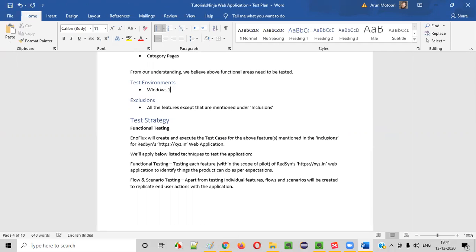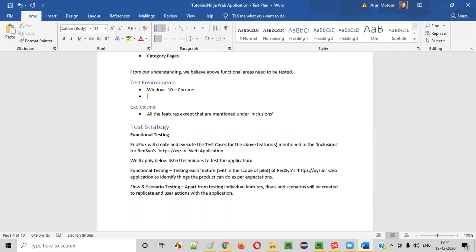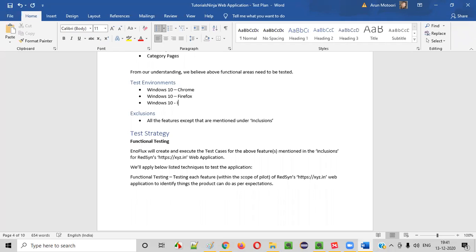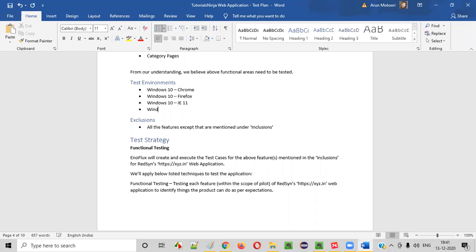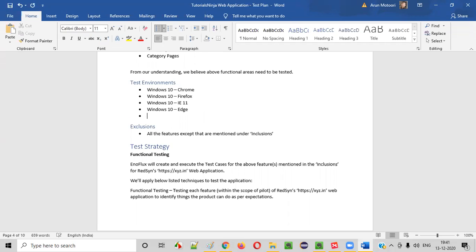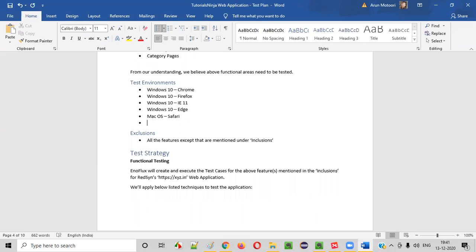So let's say the client has given some supported test environments for this project. He may ask you to test on different browsers like Windows 10 Chrome browser, Windows 10 Firefox, Windows 10 IE 11 browser, Internet Explorer browser, and Windows 10 Edge browser. All these environments the client has given. Along with that, the client has also asked you to test on Mac OS, Safari browser. Mac will have the Safari browser. So again, Linux Ubuntu, or Linux OS, whatever it is,